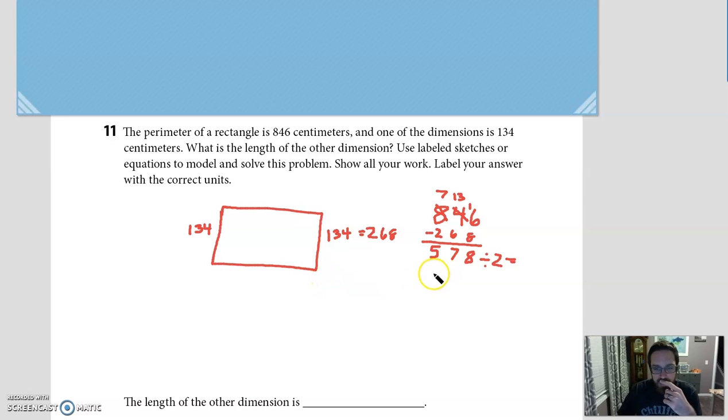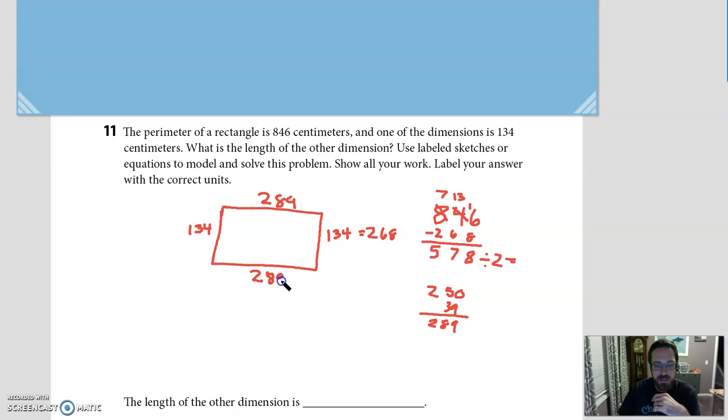So now if I think, what's half of 500? Well, that would be 250. Okay. And then half of 78, well, half of 70 would be 35. Half of 8 is 4. So that'd be 39 on top of that. So if I added, that'd be 9, 8, 289. So that would get me 289 on here and